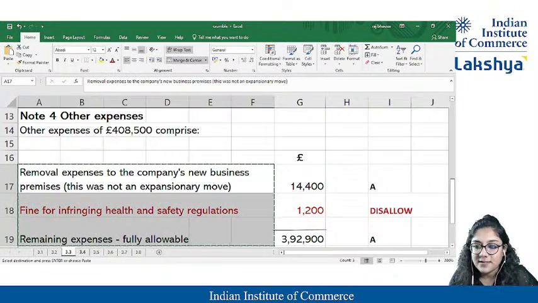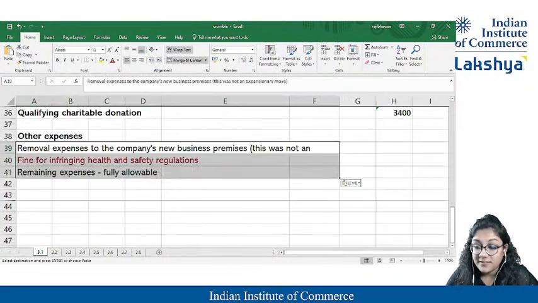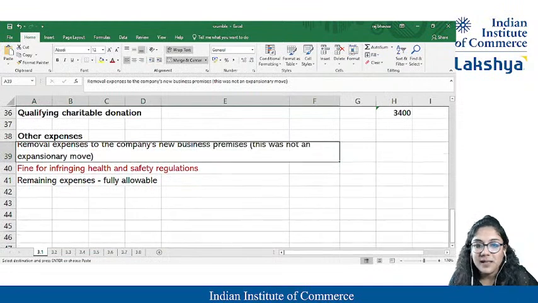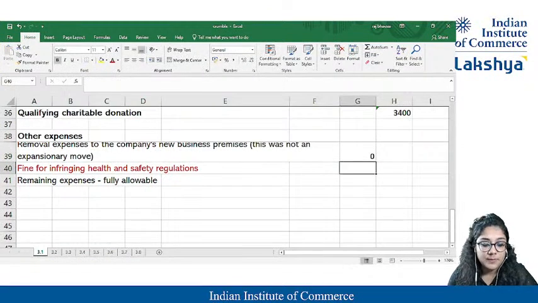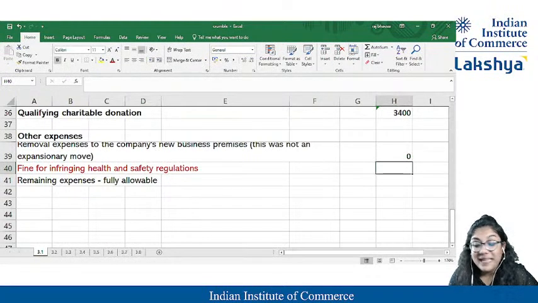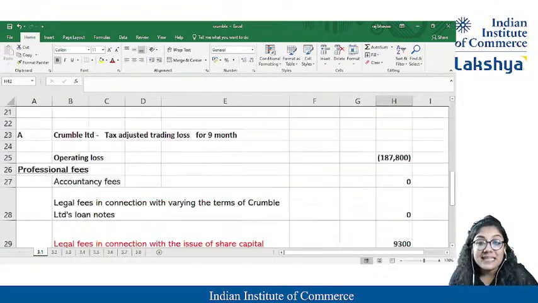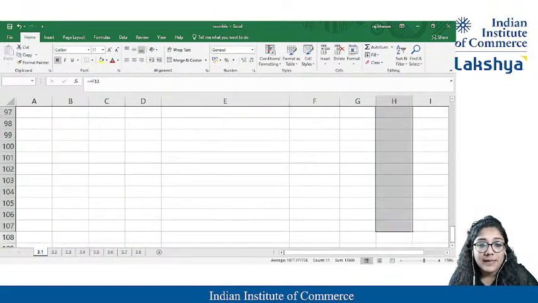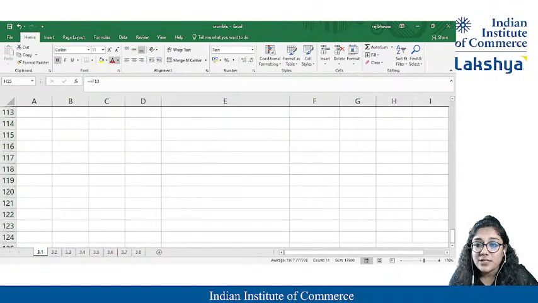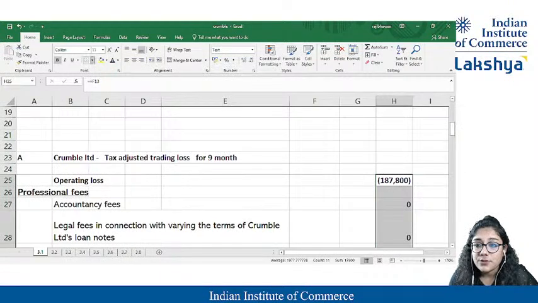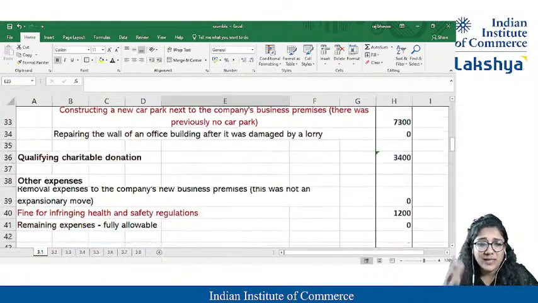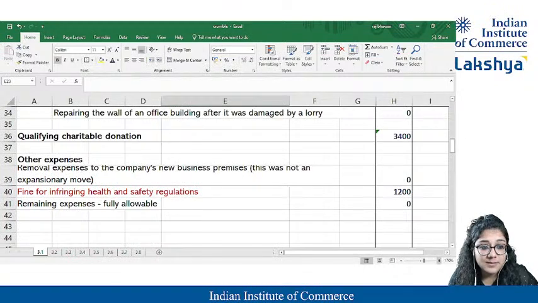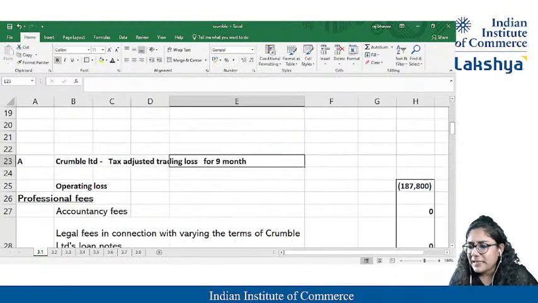Cool. Yeah, just take this, paste it over here and just write it, ma'am. Removal was allowed. So 0. So yeah, it was allowed. So 0, nothing. Ma'am, over here fines was not allowed. Please add on. So yeah, 1200 is to be added, ma'am. Getting it, guys? Already I have made it bold. If you want, I can change the color, maybe dark blue, so you can easily catch the things. Yeah, okay. Ma'am, is there anything else left over here?